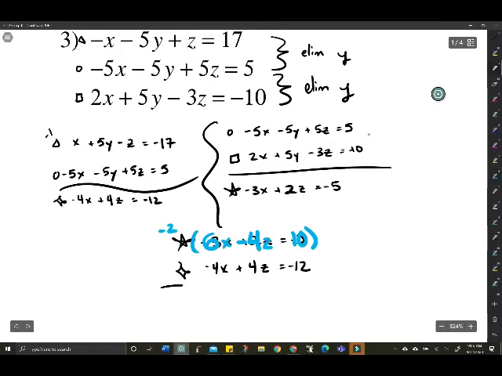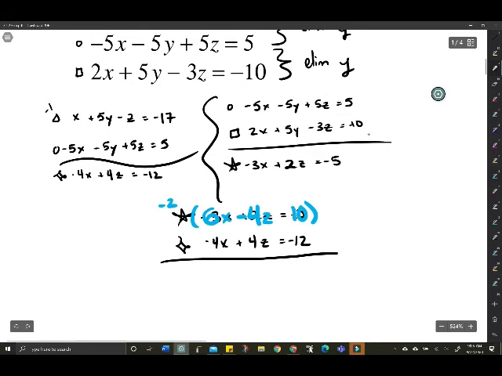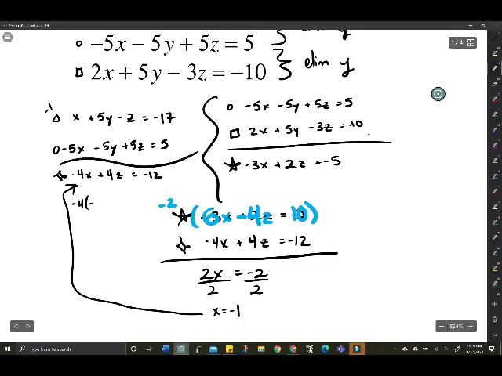Now I know I'm rewriting over this stuff. Again, you guys are watching a video, so you could just go back and rewatch it and get the same effect. 2x, z's are canceled, equals negative 2. Divide by 2, x equals negative 1. All right, x is found. We can then put it into one of our two variable equations. Negative 4 times negative 1 plus 4 times z is negative 12. So 4 plus 4z